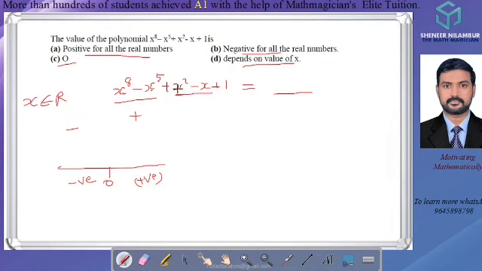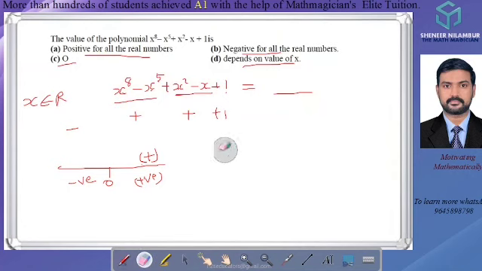Similarly here also, it is a positive number, and it is also positive. When we subtract, this will be the biggest, and after the subtraction it will be a positive number. At last we are adding 1, so the last answer will be positive. So when we give a positive number, the answer will be positive.